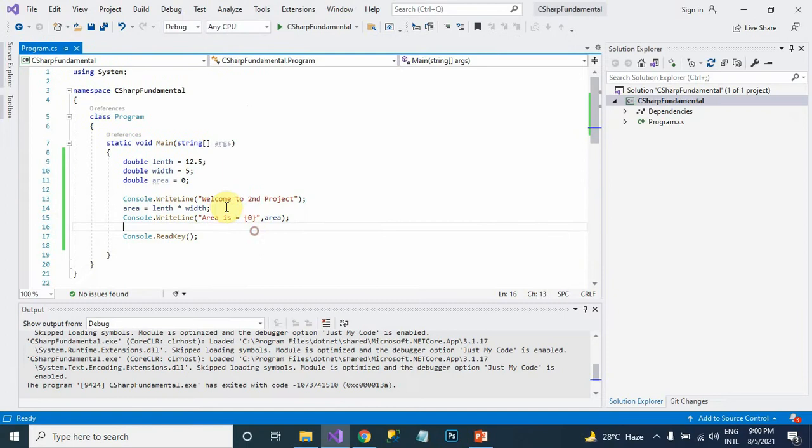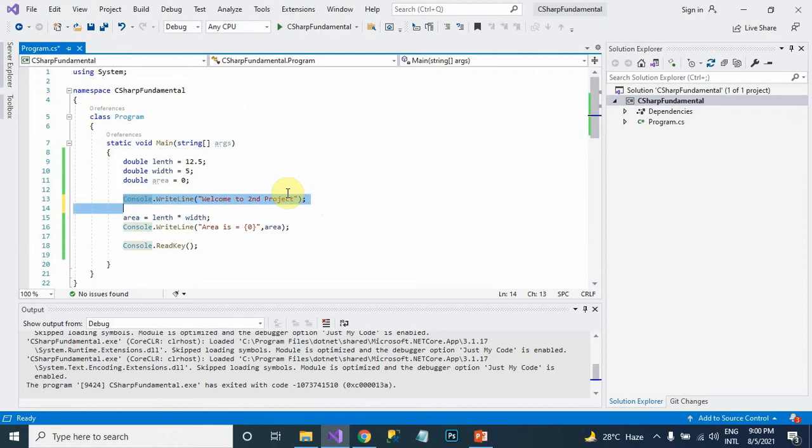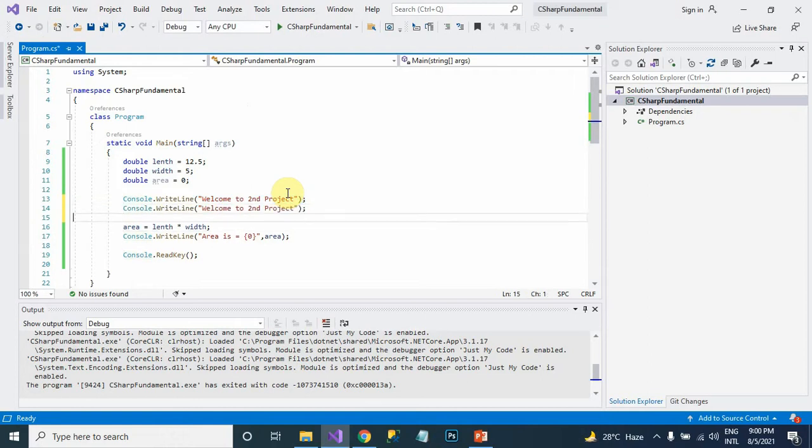Now we just want to display the values, making a program for presentation.